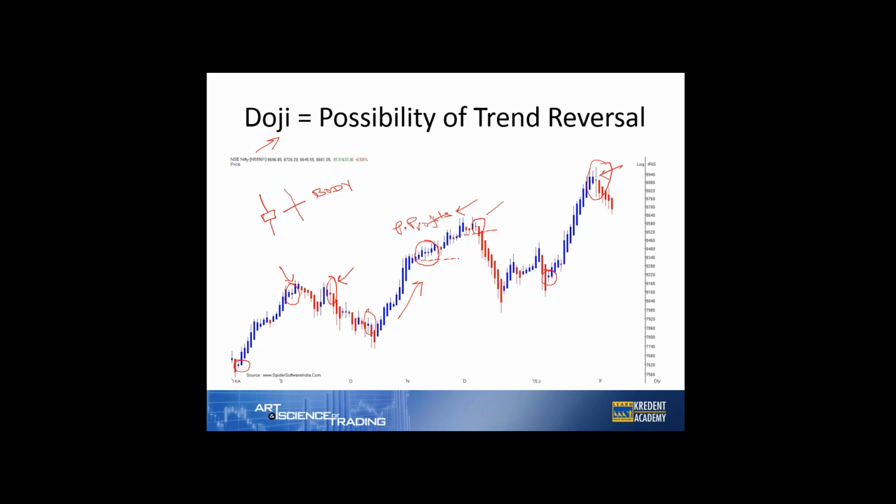So you don't buy into this. You stay away from these kind of candles. Same thing happens on the downside. We have a strong downtrend, and we have an emergence of a doji or shadows on both sides. What do we do? You trail your stop loss aggressively on the downside.